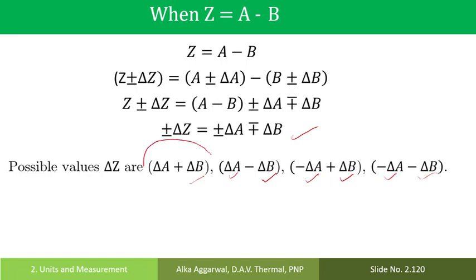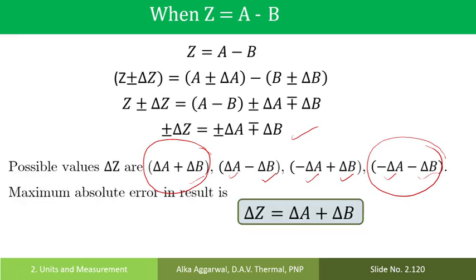The maximum error is either in this case or in this case. So the maximum error in the result is the sum of the absolute errors of the